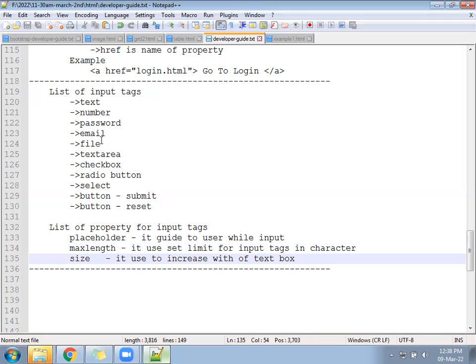Okay, so hope we have written. Now we will create a file. Width of text box. It is used to set the limit for input tags in characters. It is used to increase the width of the text box. Increase also, decrease also, both. So you will create one file now,